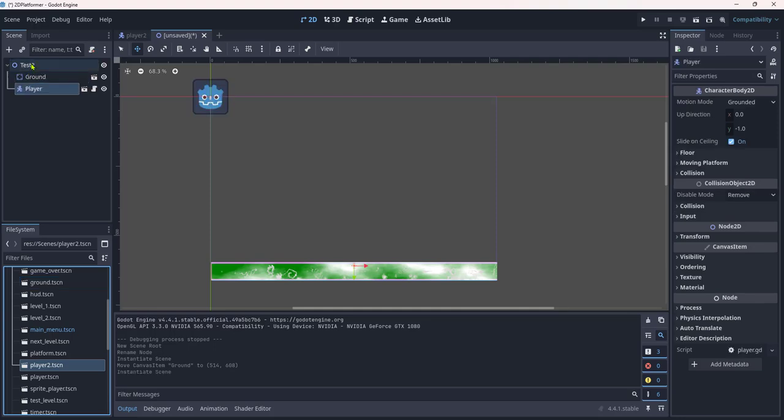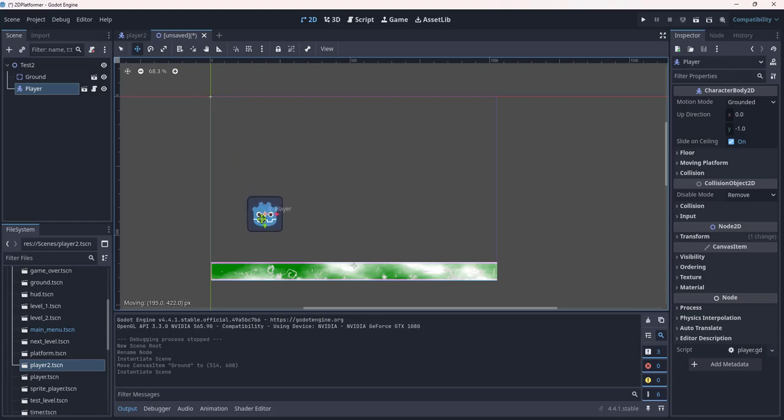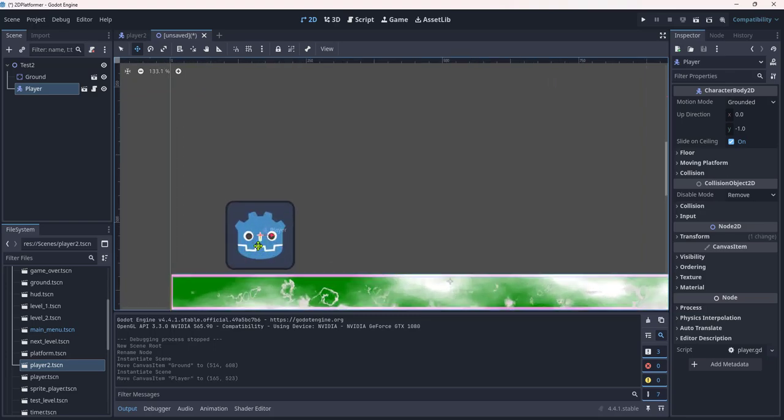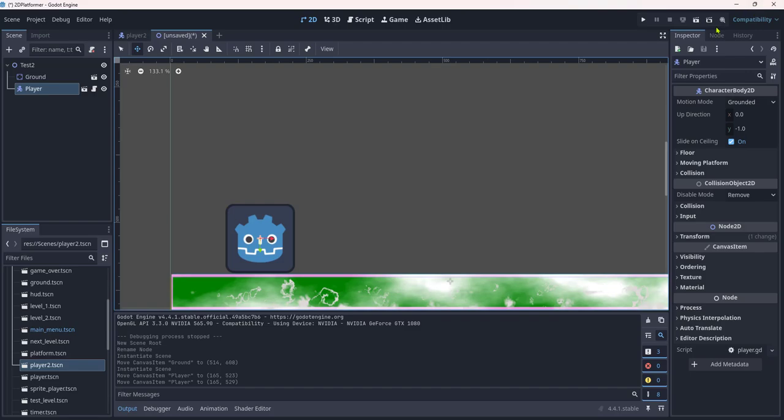So drag that into test 2. Okay. And we can move that player around to be roughly on the ground. If we test this now,